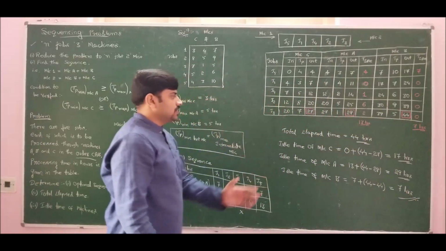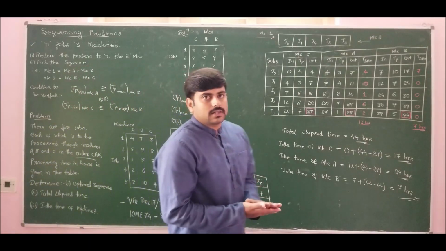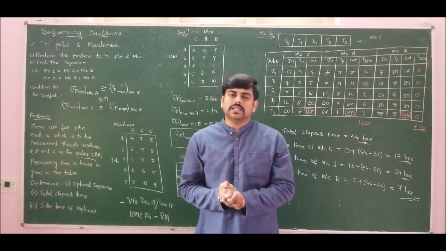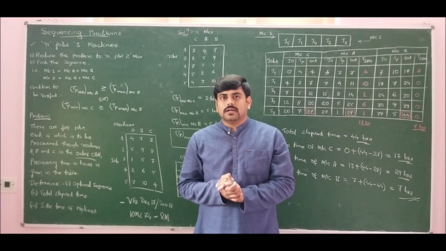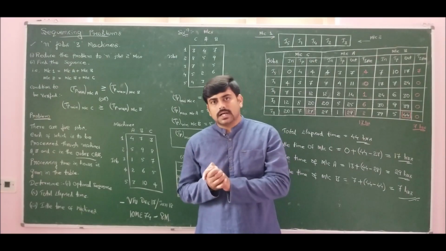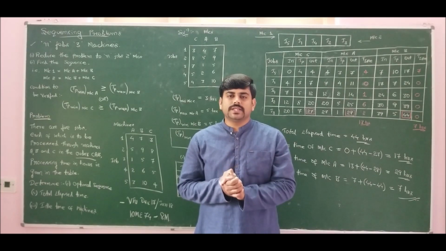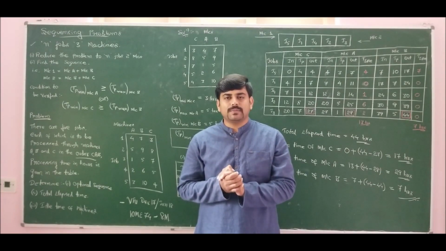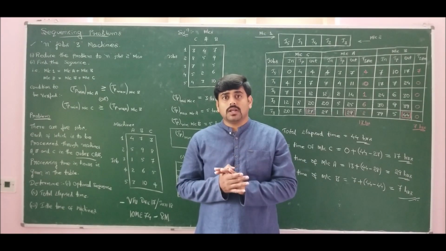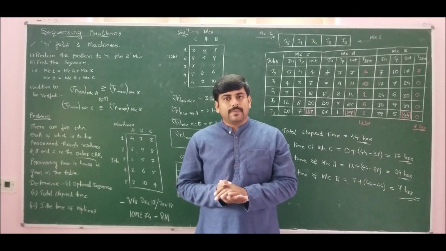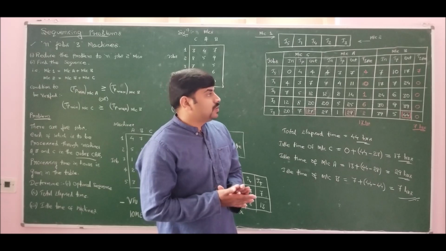So this is the solution for the given problem, in which we have converted the n jobs 3 machines problem into n jobs 2 machines by adding first and second machine as machine 1 and second and third machine as machine 2. Once the problem is reduced to n jobs 2 machines, apply Johnson's algorithm to find the optimal sequence. We have employed Johnson's algorithm to find the optimal sequence. The optimal sequence was found to be 5, 1, 4, 2, 3.